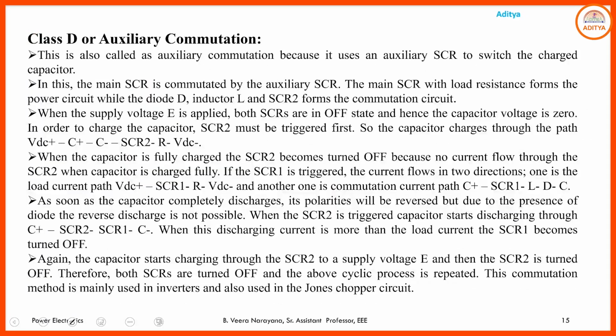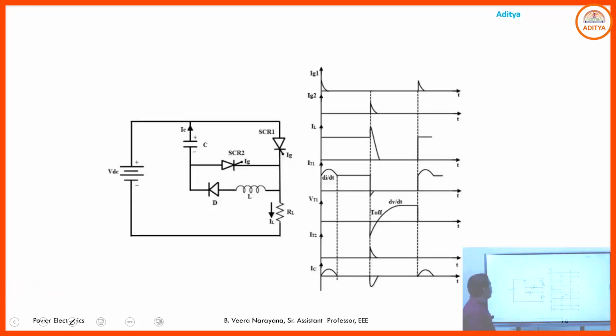And next, coming to the fourth classification of the forced commutation technique, class D or auxiliary commutation. In this class D or auxiliary commutation, this is the circuit diagram representation. So here, this is the source and